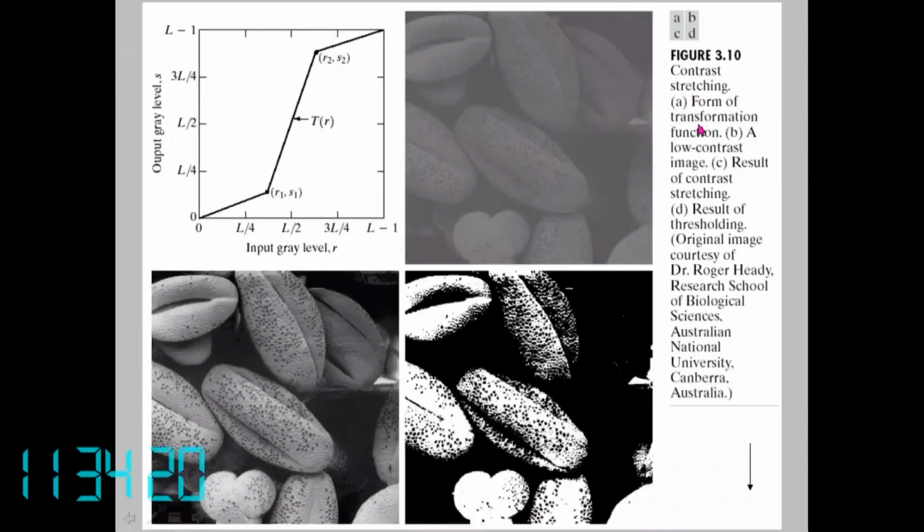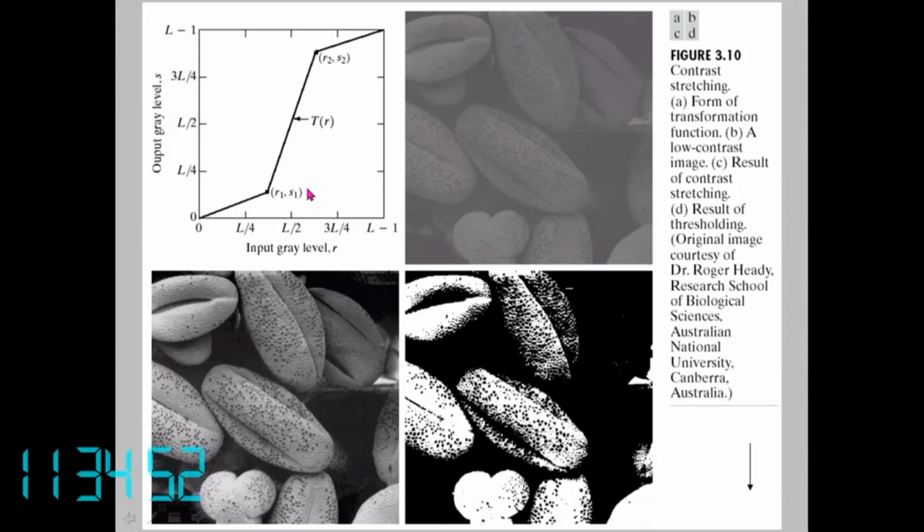Contrast stretching. For example, this was the original low contrast image. The lighting is very poor, so you can't really distinguish the boundaries. You apply this function. Up to here there is no pure black, and very bright is also not there.